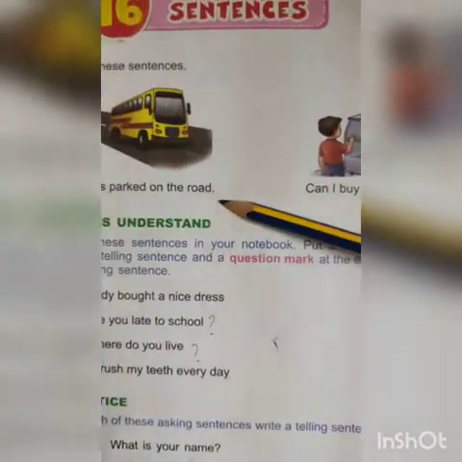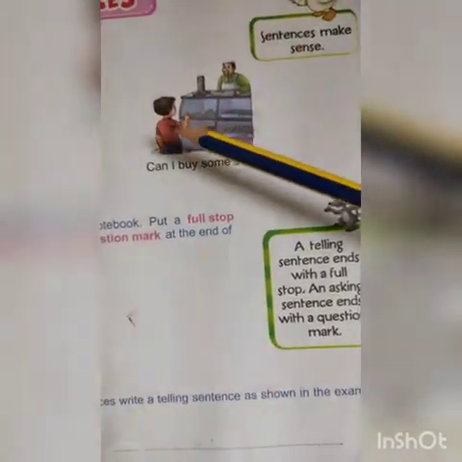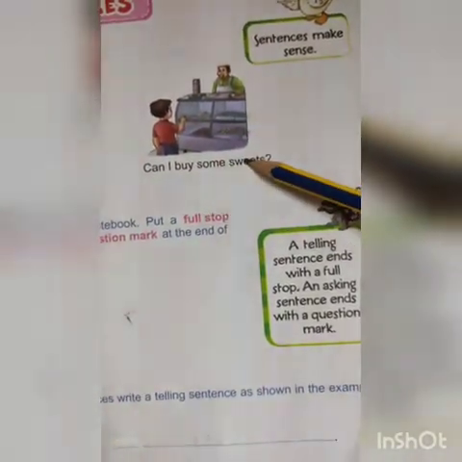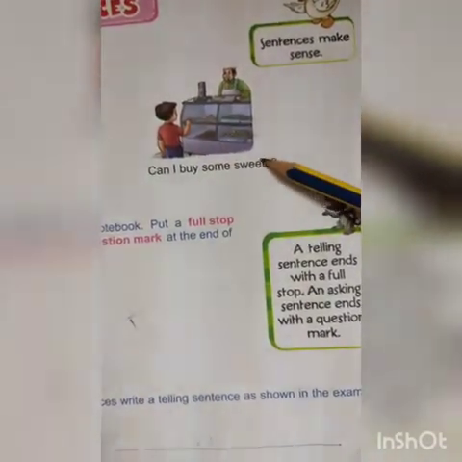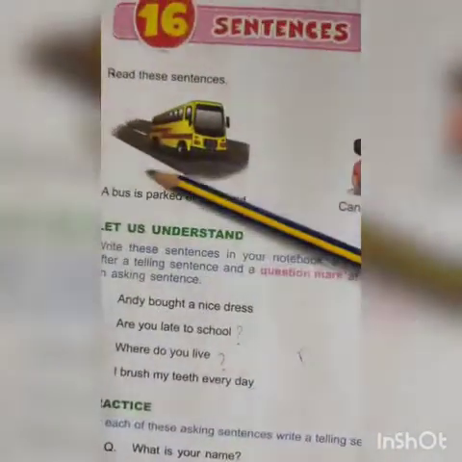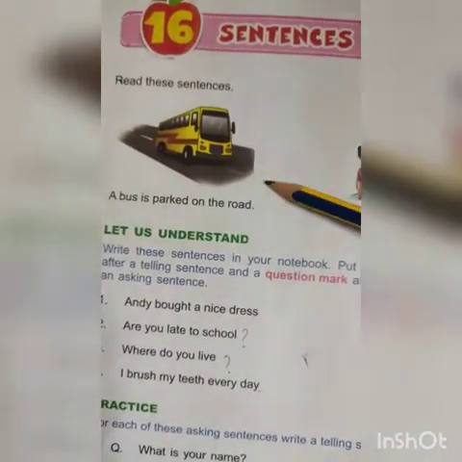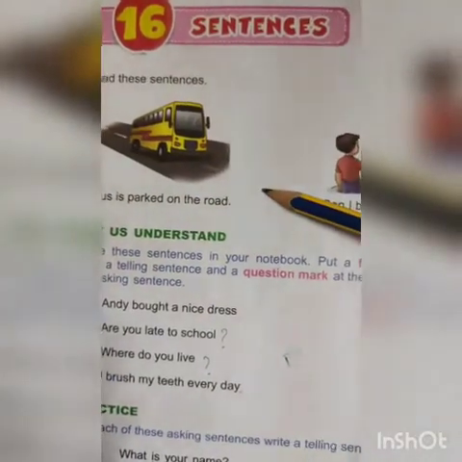A telling sentence ends with a full stop, and an asking sentence ends with a question mark. So this boy asked the shopkeeper, can I buy some sweets? It is an asking sentence, so you put a question mark at the end. And a bus is parked on the road. It is a telling sentence, so you put a full stop at